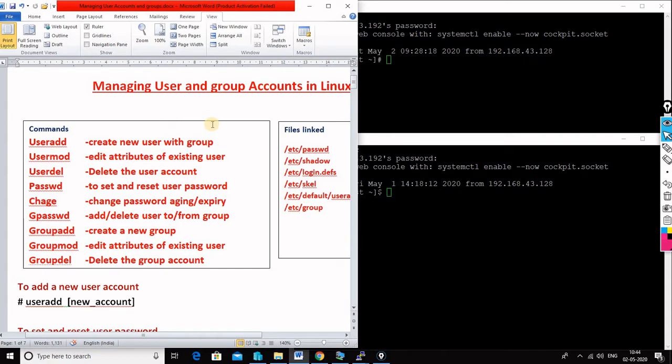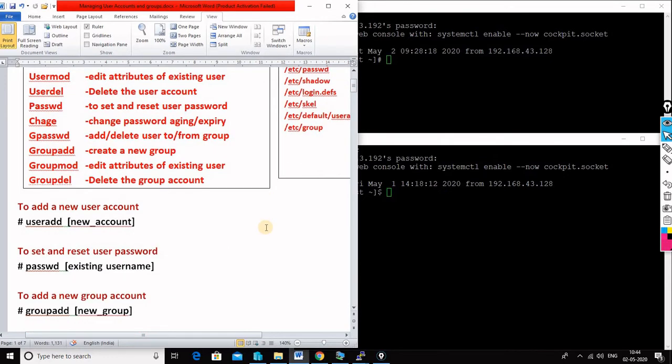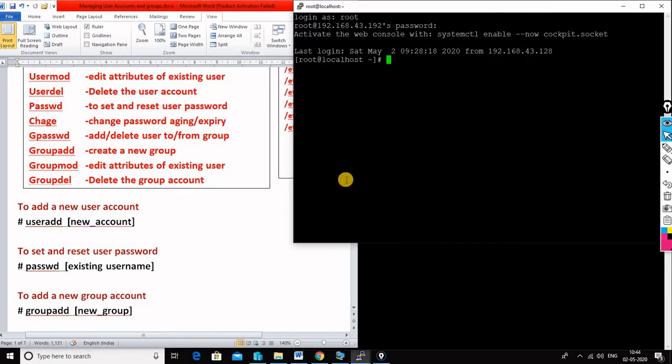So viewers, to create a user account, we will use three commands here. To manage the group accounts, we use three more commands, and to change some other properties like the password and the aging or information, we will use this command. The details are mentioned over here. You can understand very easily, and you will also understand as we start working on the users. So directly we will jump into how to create a user account.